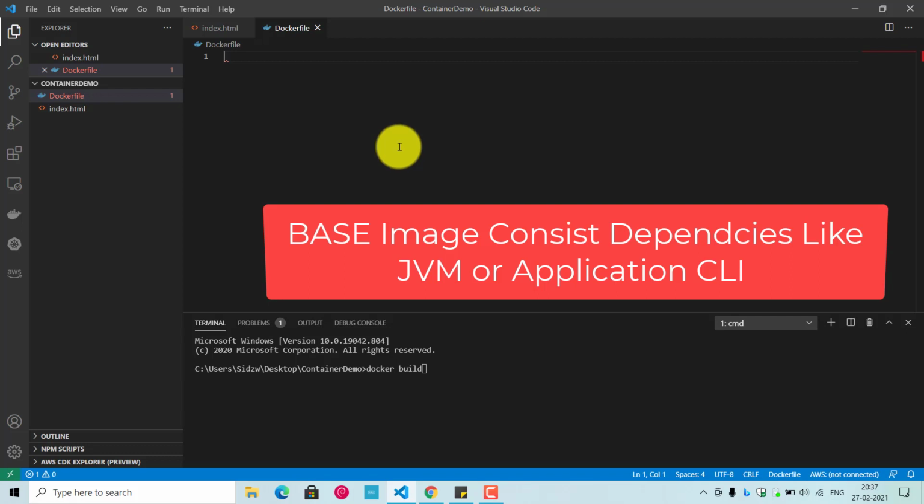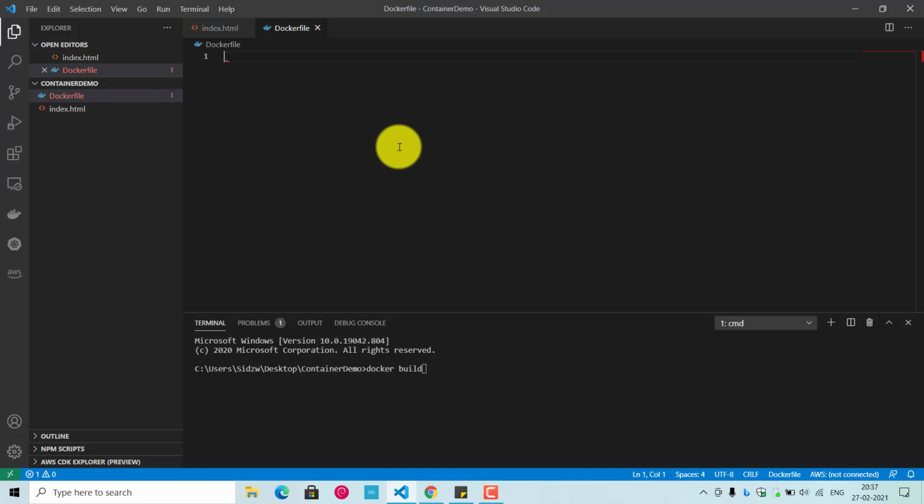So the base image is defined as an instruction file, that is, a Dockerfile. Docker images are built based on the contents of a Dockerfile. A Dockerfile is nothing but a list of instructions describing how you can deploy your application. So in this particular example, our base image is nothing but an Alpine version of Nginx. Nginx is a web server, just like Apache. You have the Apache web server. Nginx is another web server which is mainly used for proxy and reverse proxy stuff.